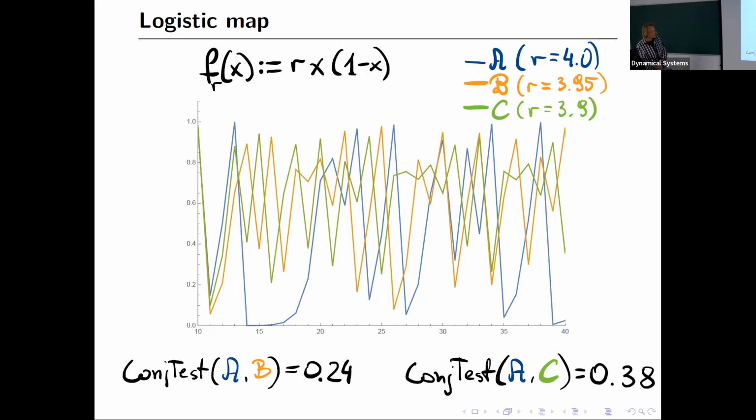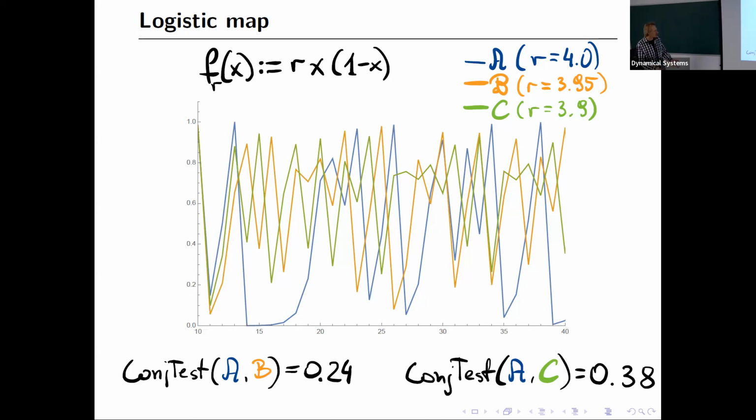But we can see that even though we changed the parameter, the conjugacy test values are still not so big, maybe indicating that these time series still have some kind of similarity. And, as Justyna mentioned, this might be